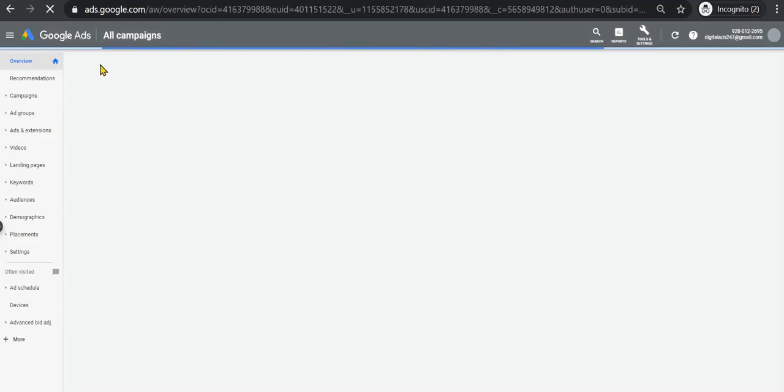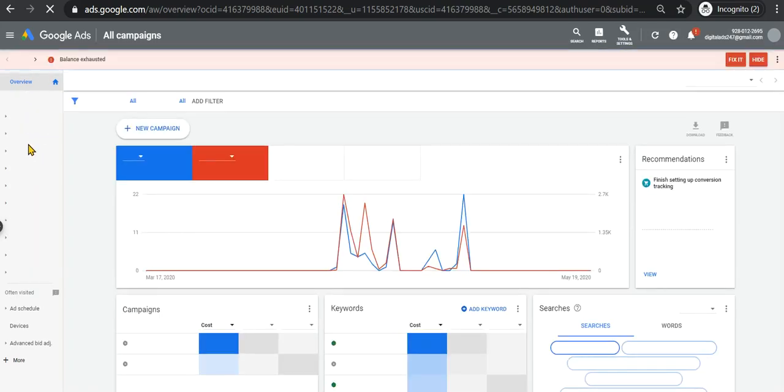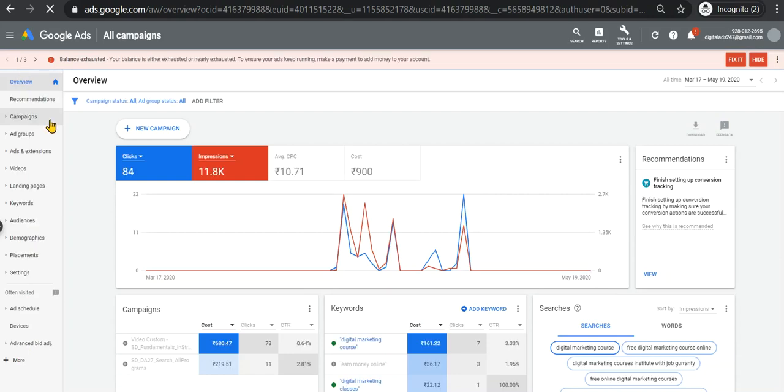I had taken you through all the different parameters, segments, reports, and what each particular term means in detail. What is an overview tab? How does it function? What is the campaign tab? How does it function? What is an ad group tab? How does it function? Everything. The ins and outs of what exactly a campaign is, what it comprises, what is a video, what is a keyword, all have been covered in my previous videos. So do look into that. This is the interface as you have seen it and as I explained earlier.